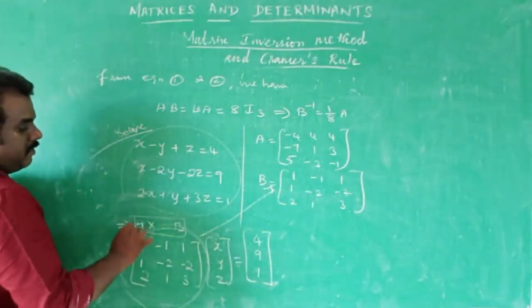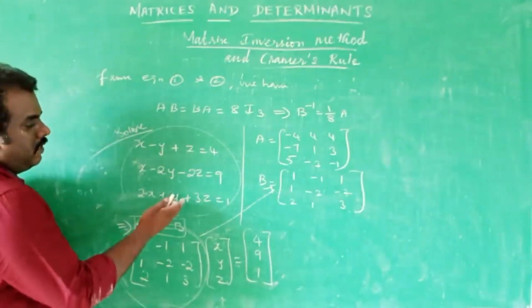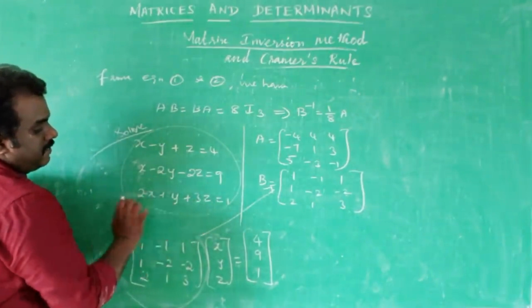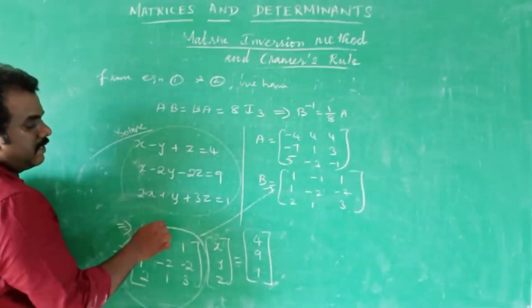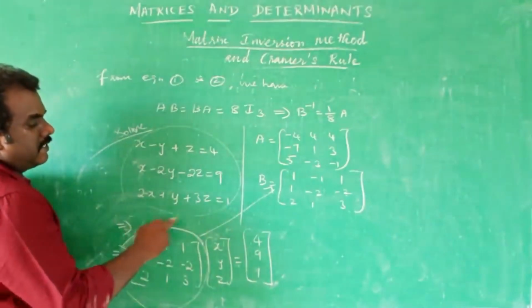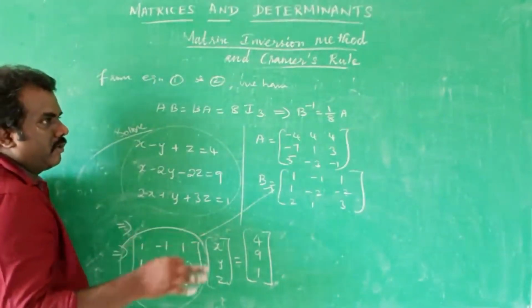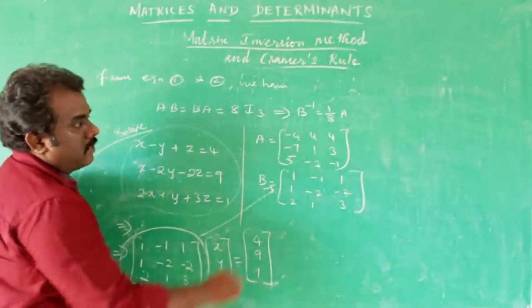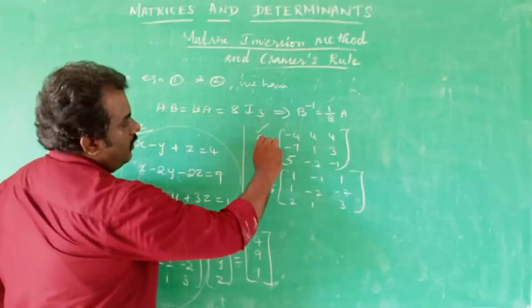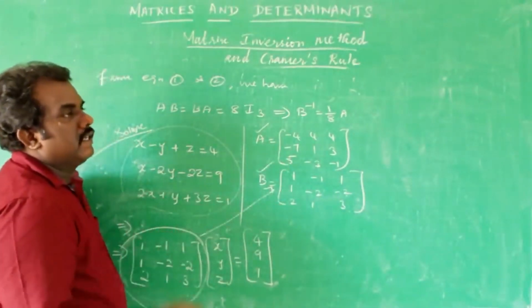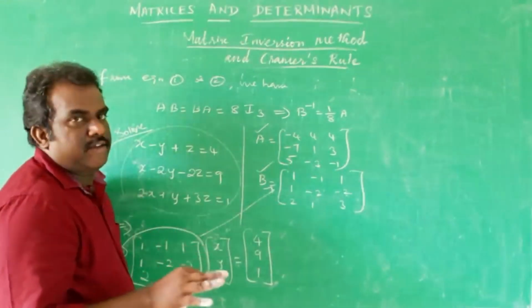The system can be written in the form of Ax is equal to B, or the above system can be written in the form of matrix. That means the system can be written in the matrix form. Matrix form that can be written as Ax is equal to B. That is the formula that we explained in the matrix inversion method. But in that question itself, they are giving the A and B matrices. Don't confuse with AX is equal to B. AX is equal to B is just a form.